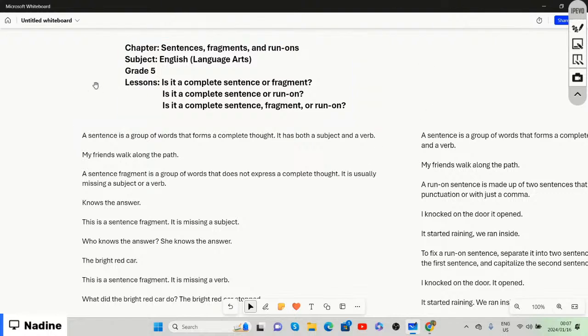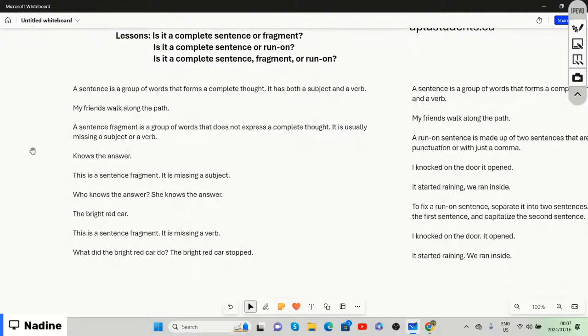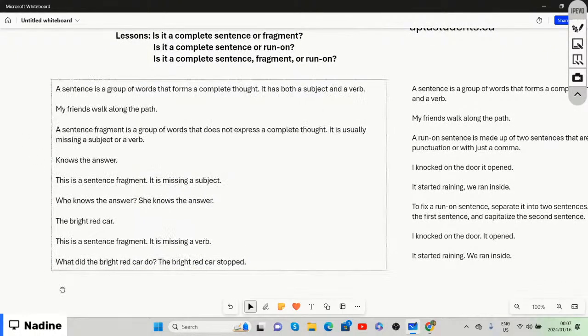All right. And we are doing our tutorial lesson on aplusstudents.ca. So when it comes to sentences, fragments, and run-ons, specifically wanting to find out if it's a sentence or if it's a fragment, right? So